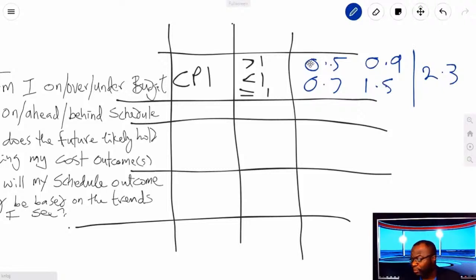What does a CPI of 0.5 mean? Well, it means I am over budget, and so does a 0.7 and a 0.9. But you need to go to the next level, and you need to be able to say what a 0.5 means in pragmatic terms. Not just, oh, I'm over budget. No, tell me what it means. It means I'm spending $1 and I'm only getting 50 cents out of it. Or I'm spending $1 in the case of a 0.7 and I'm only getting 70 cents out of every dollar I spend. Management isn't going to like that, okay?